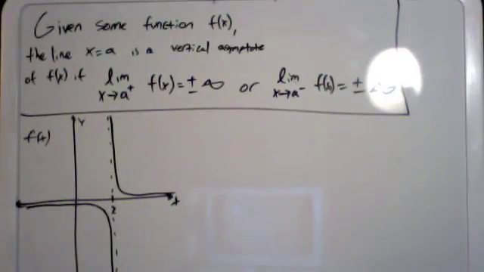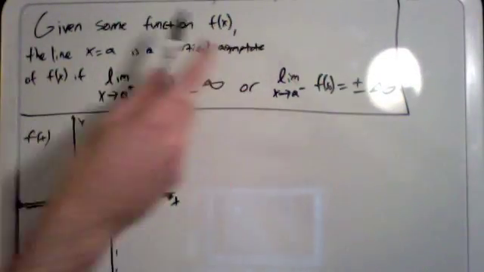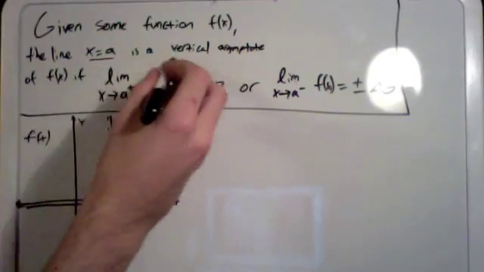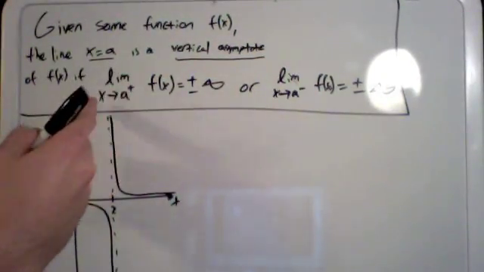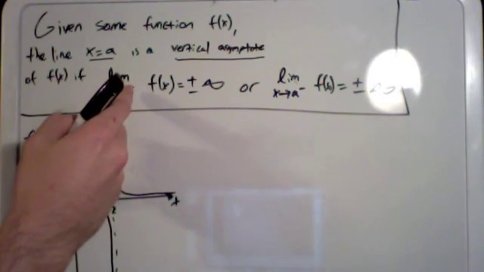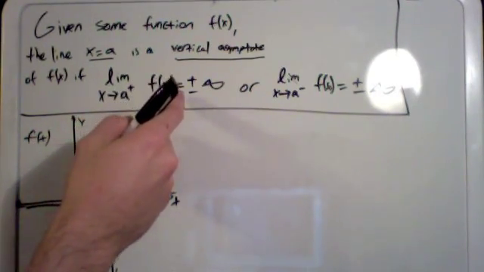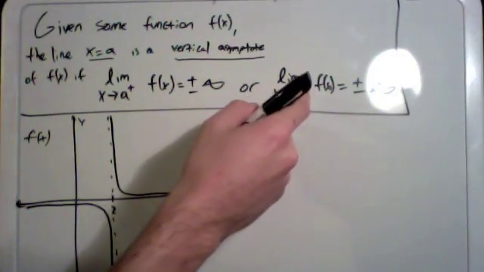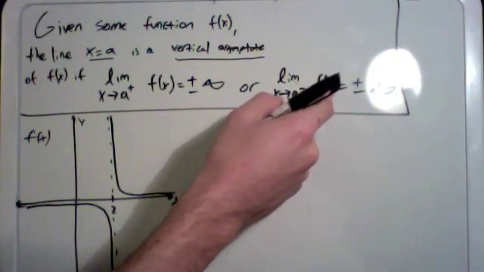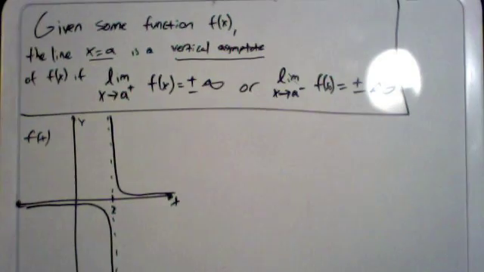So now for vertical asymptotes. Given some function f of x, the line x equals a is a vertical asymptote of f of x if the limit as x approaches a from the right side of f of x is equal to positive or negative infinity, or if the limit as x approaches a from the left side of f of x is equal to positive or negative infinity. This just means that x equals a is a vertical asymptote of f of x if